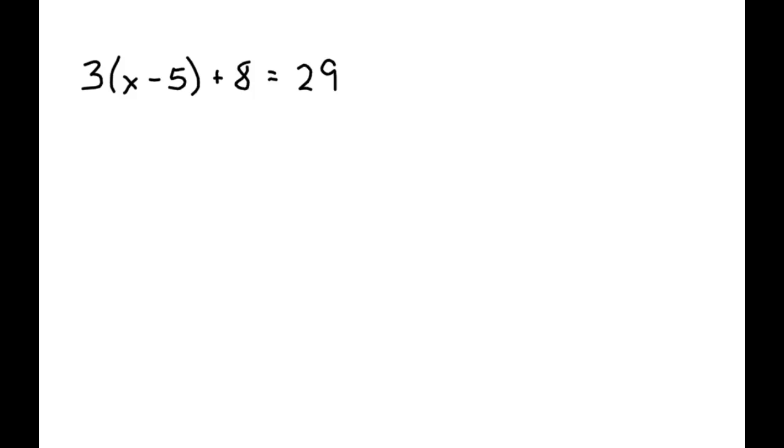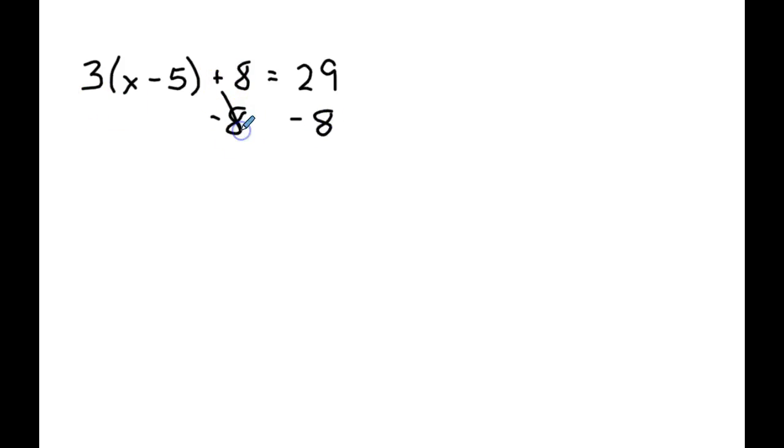The next example, we have 3 times the quantity x minus 5, then plus 8 equal to 29. Again, we want to solve, isolate x by itself using the inverse order of operations. So first, looking for addition or subtraction going left to right. We see there is subtraction. We're subtracting 5, but that occurs within a set of parentheses, so we have to leave that for last. So we go to plus 8. We have to take care of that positive 8, move it to the other side by subtracting 8,